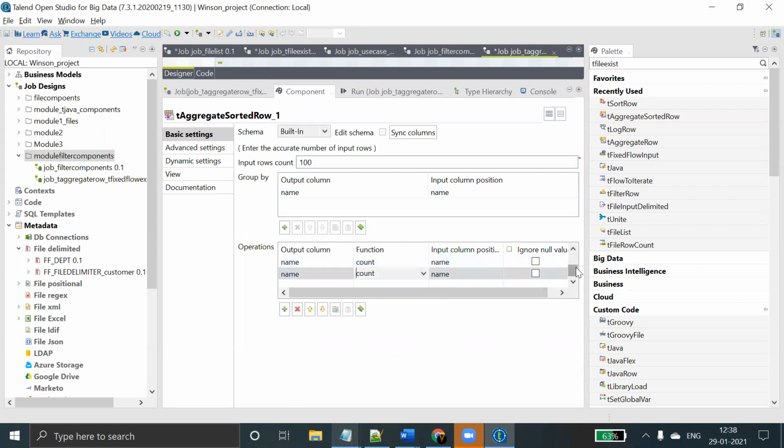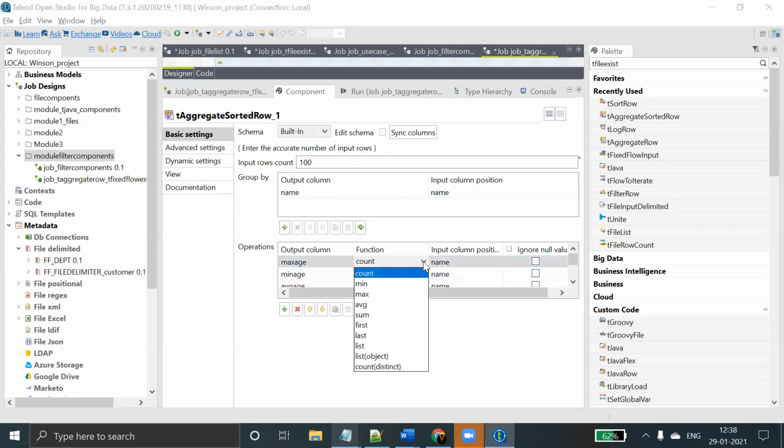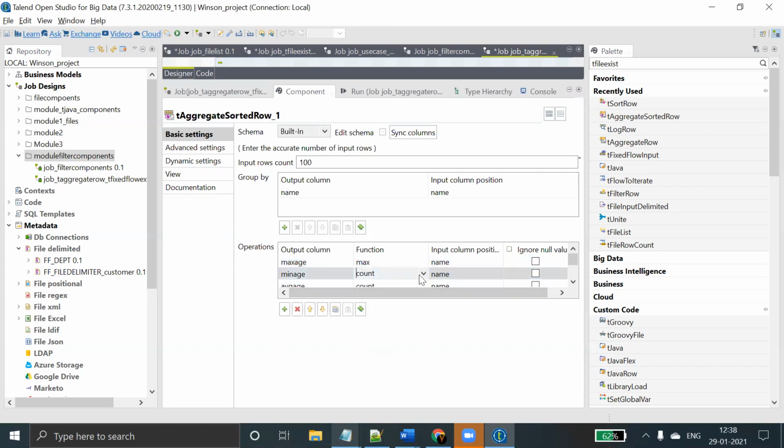Those 4 columns you can do: max age, minimum age, average age, then sum age. So for max age you have to use the max function, minimum is the minimum function, average means you use the average function, and sum means you can go for the sum.